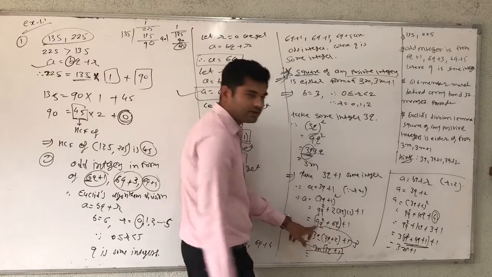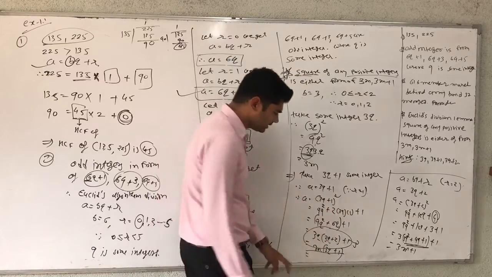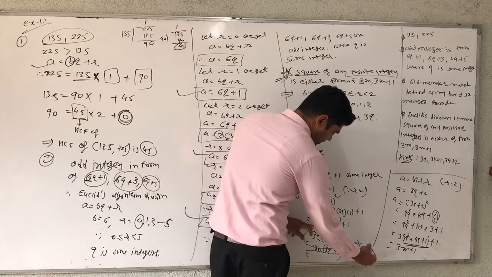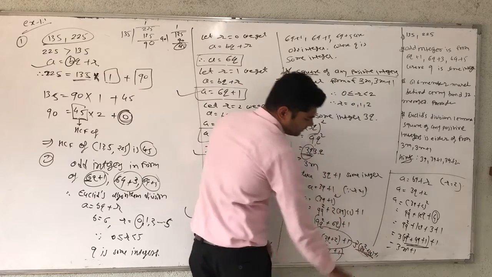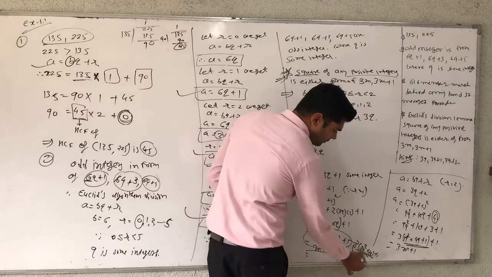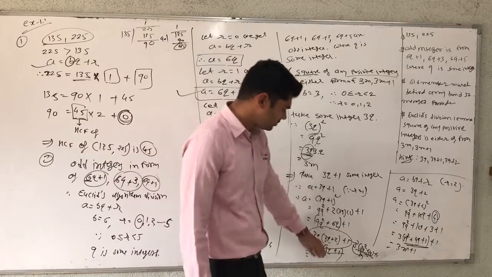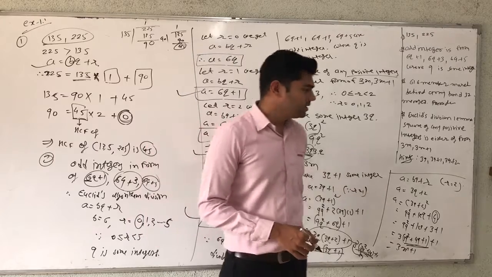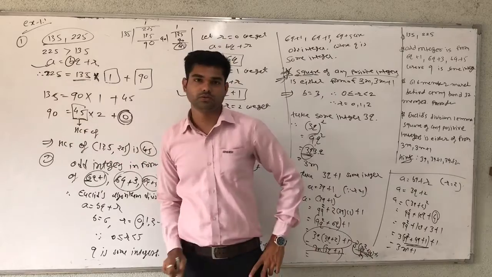In both terms we take 3 common and prove it by this method. Another method is to take common 3, and the remaining part is 3q square plus 2q plus 1. Take 3q square plus 2q as m, therefore 3 into m plus 1. So prove it by this method, and also go by this method. So here all questions will be solved. Revise once again and remember this equation. So thank you friends.